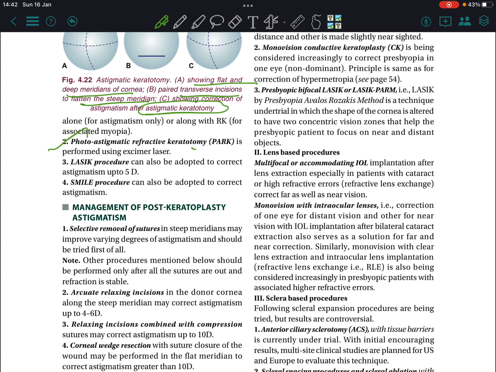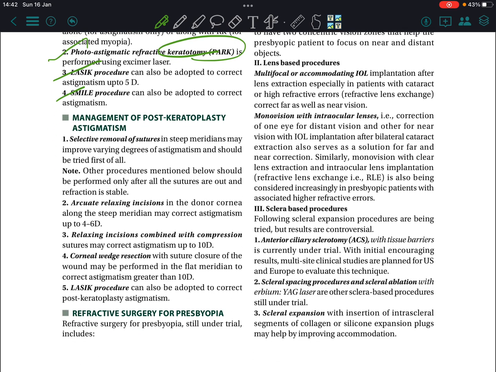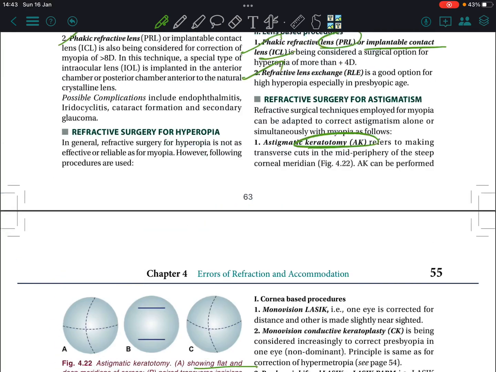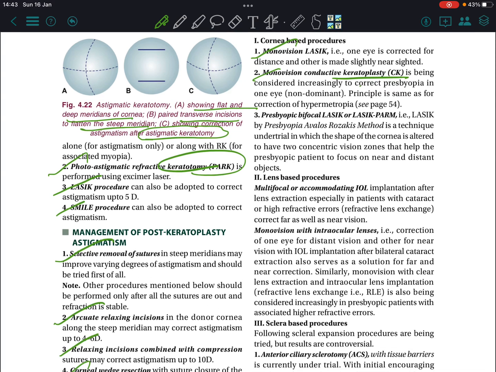Photo astigmatic refractive keratectomy, PRK, LASIK procedure, SMILE procedure. Management of post-keratoplasty astigmatism: selective removal of sutures, arcuate relaxing incision combined with compression, corneal wedge resection, LASIK procedure. Refractive surgery for presbyopia: monovision LASIK, monovision conductive keratoplasty, presbyopic bifocal LASIK or LASIK PALM, presbyopia Avalos Rosakis method,